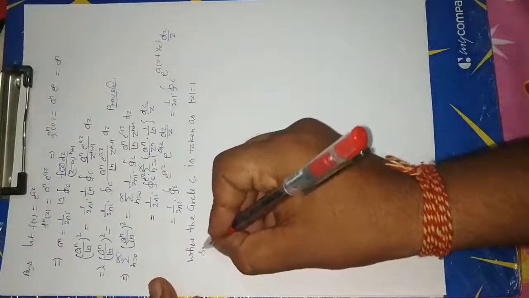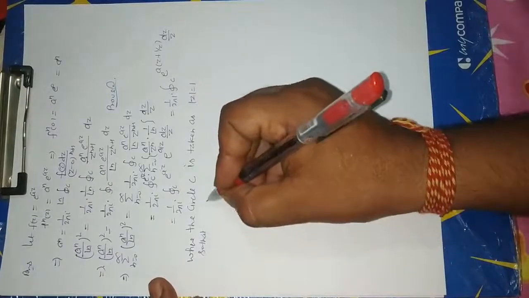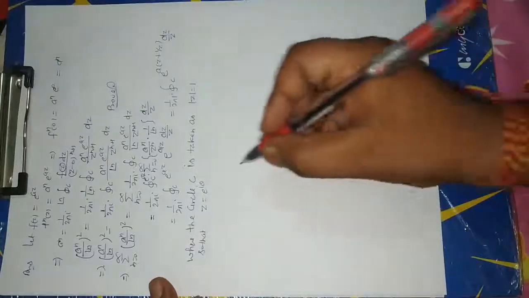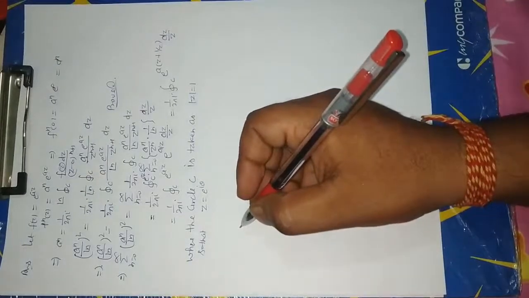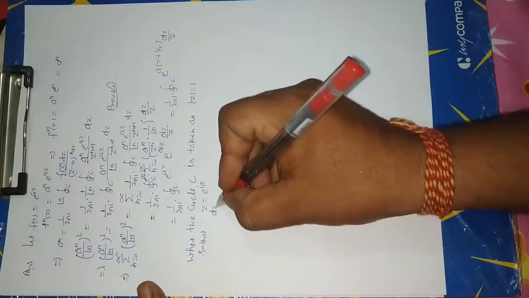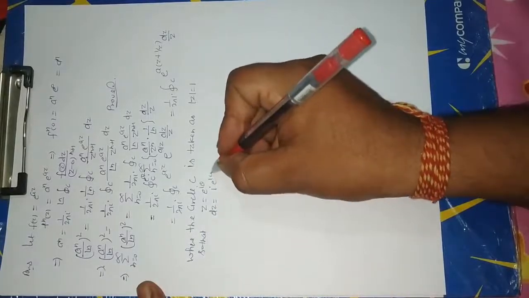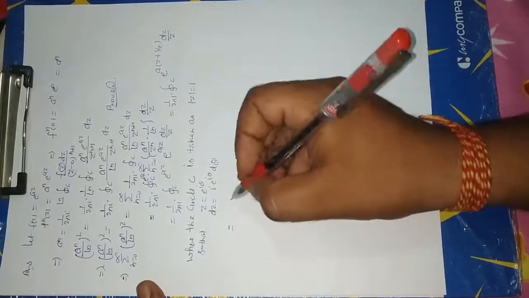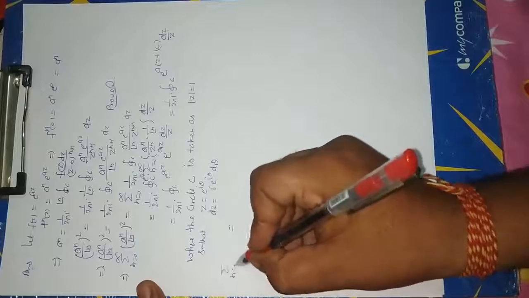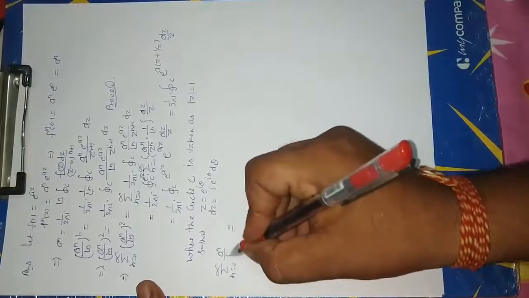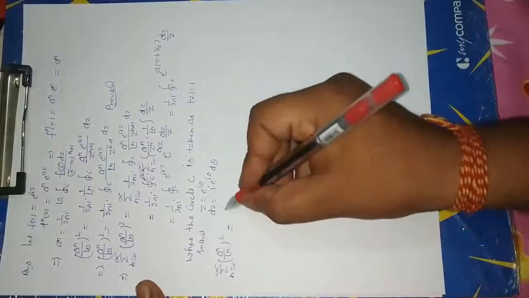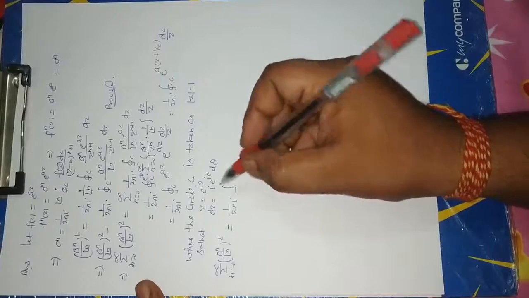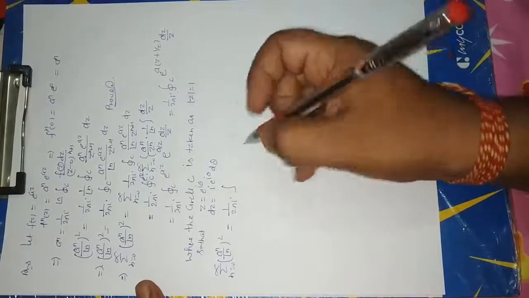So that z equal e to the power i theta is a point on the boundary of the circle, that is dz equal i e to the power i theta d theta. Now summation n equal to 0 to infinity a to the power n upon factorial n whole square, 1 upon 2 pi i integration. Now contour integration converts into circle integration.